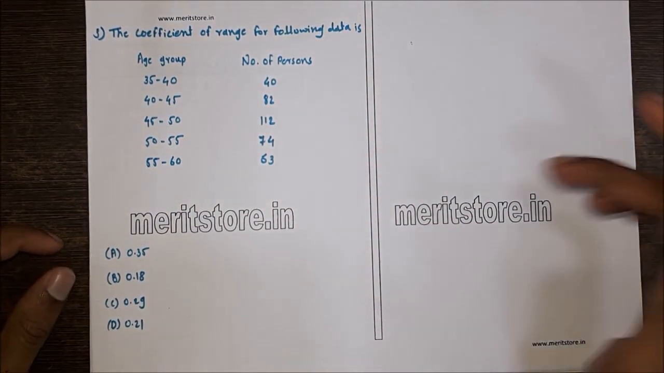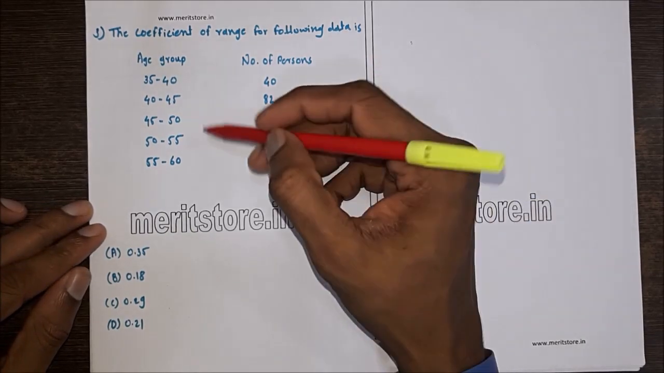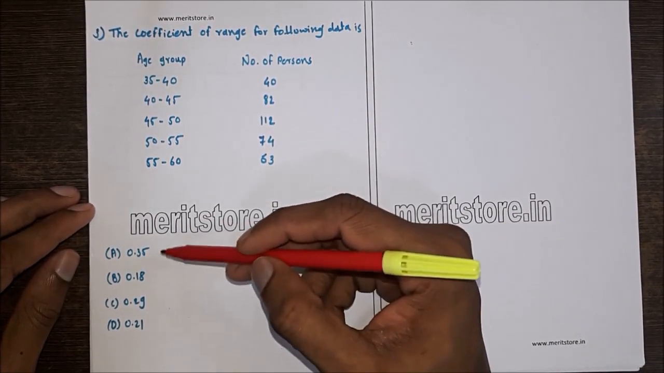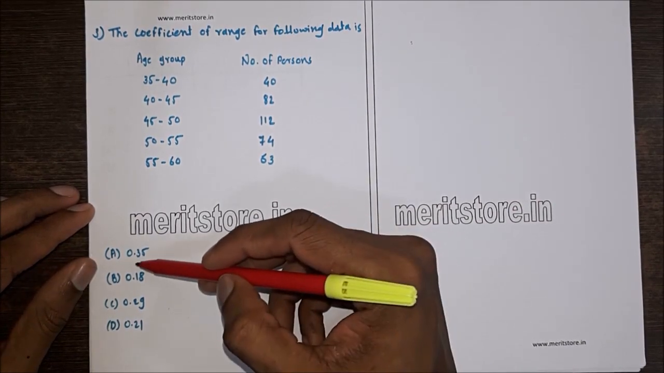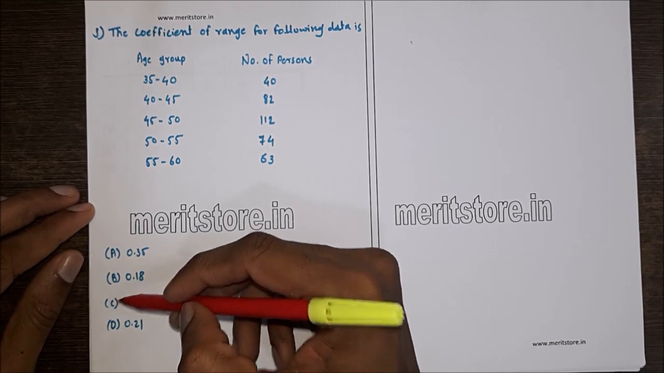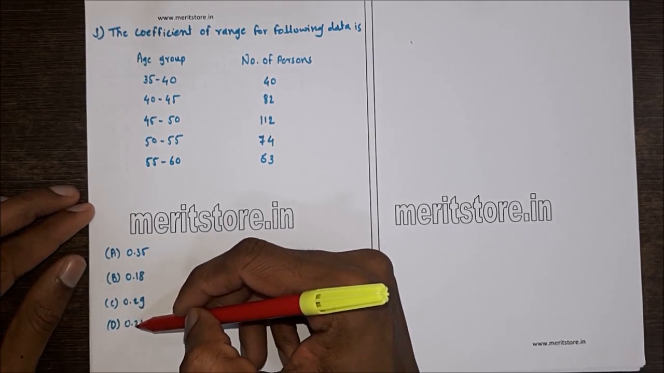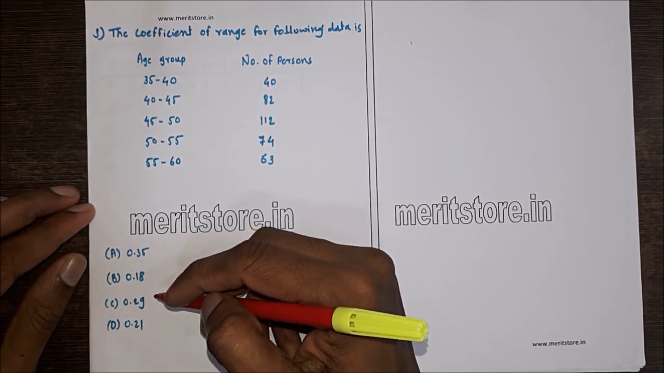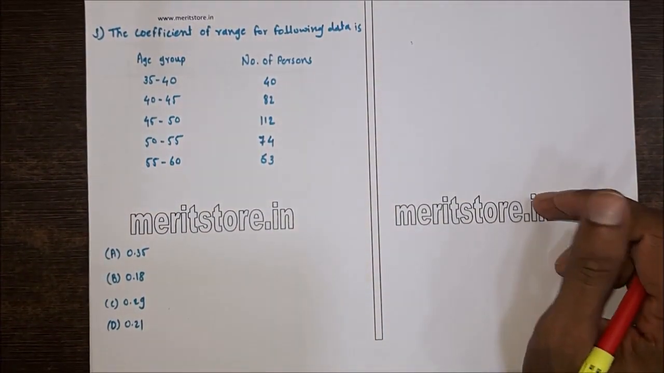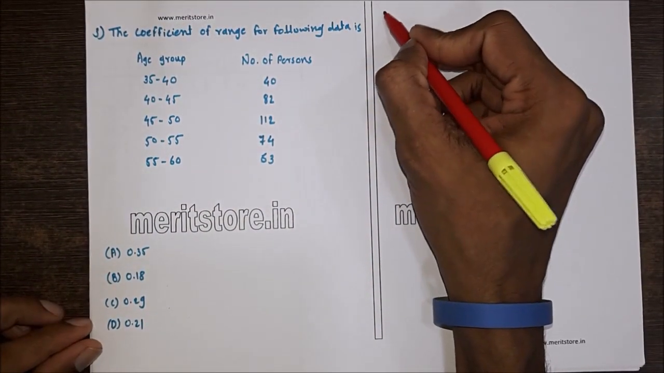Question 3. The coefficient of range for the following data is given as an age group and number of persons. We have four options for finding the answer, that is A 0.35, B 0.18, C 0.29 and D 0.21. So for coefficient of range, we have a formula,